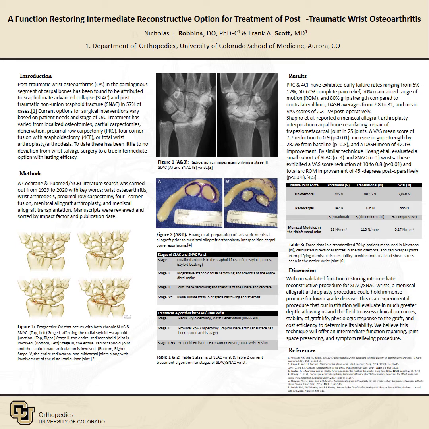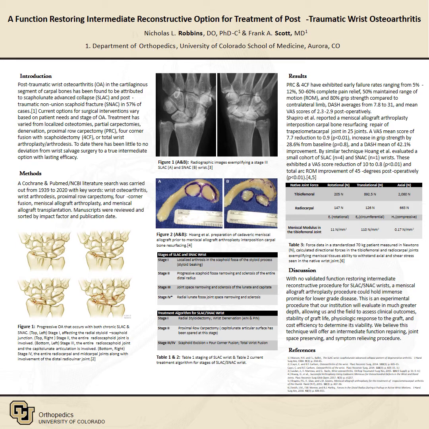Post-traumatic wrist osteoarthritis in the cartilaginous segment of carpal bones has been found to be attributed to the scapholunate advanced collapse and post-traumatic non-union scaphoid fracture in 57% of cases. Current options for surgical interventions vary based on patients' needs and stage of osteoarthritis. Treatment has varied from localized osteotomies, partial carpectomies, denervation, proximal row carpectomy, four-corner fusion with scaphoidectomy, or total wrist arthroplasty or arthrodesis. To date, there has been little to no deviation from wrist salvage surgery to a true intermediate option